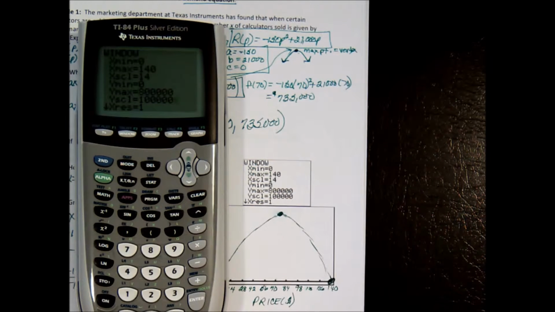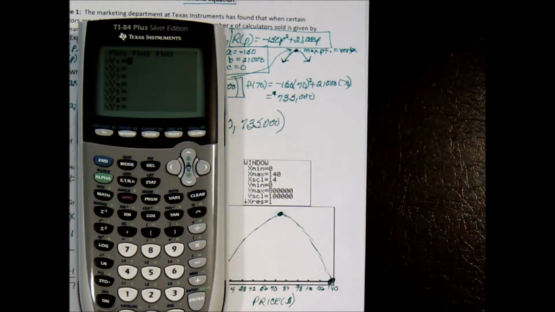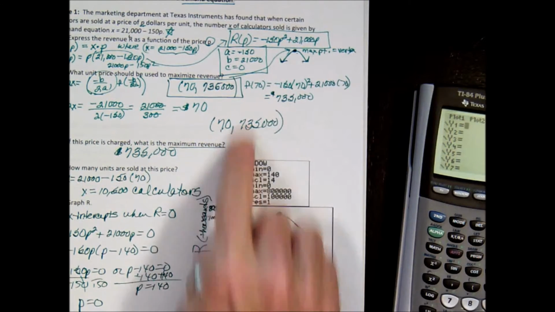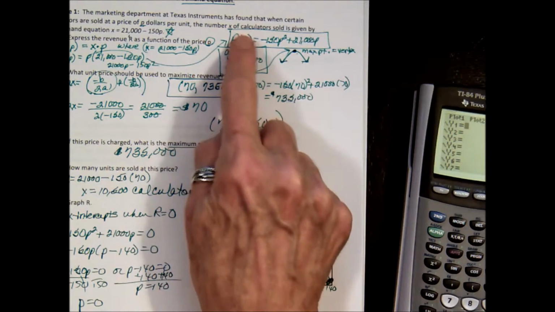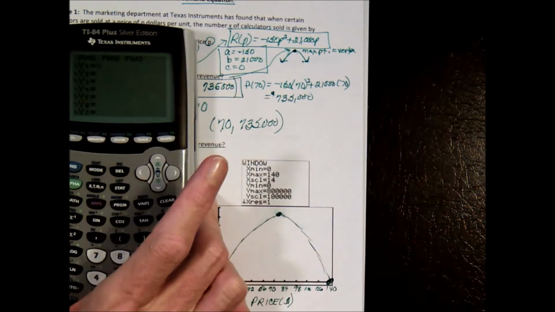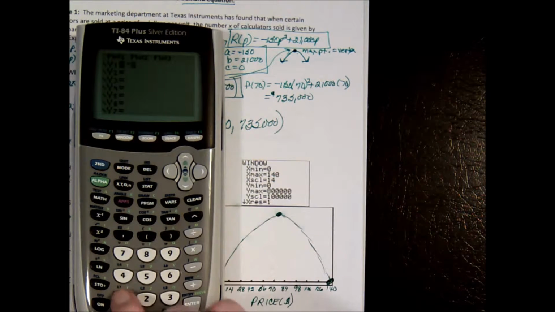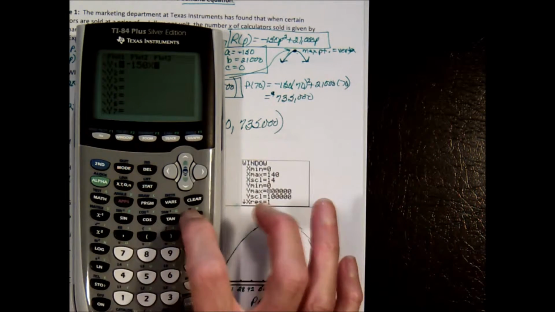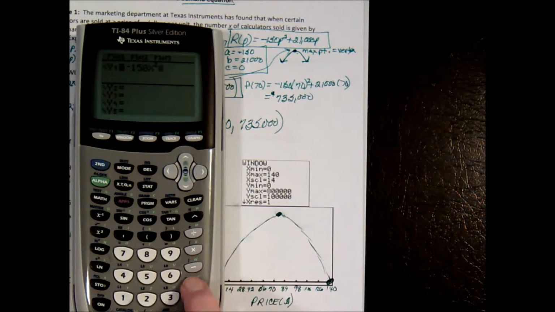Okay, now I've got to put my equation in. I've got some other equations in here, so let's get rid of those. And my equation is that equation that we got right up here. So remember, this is our y. These are going to be our x's. So when I go in and I put in my equation, it's going to be negative 150x squared. Now get out of exponent land. Plus